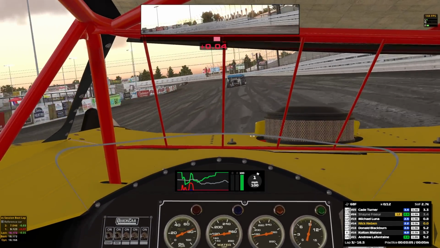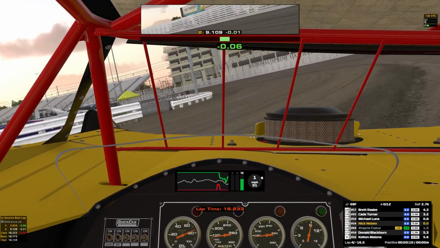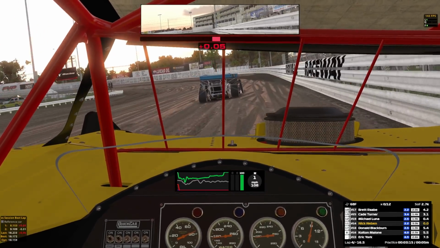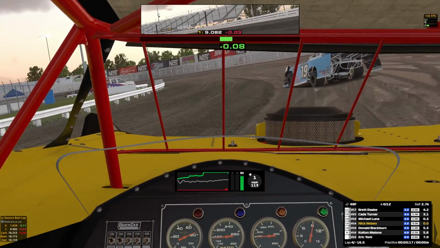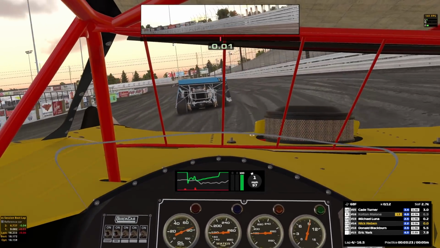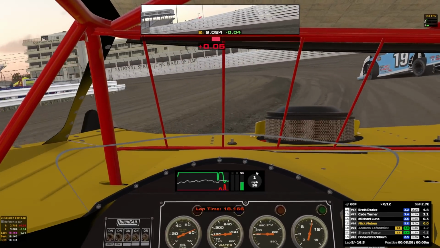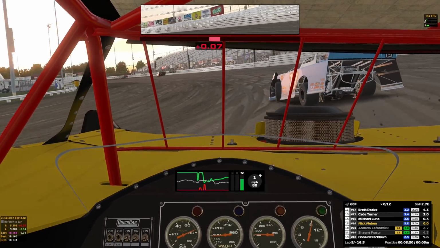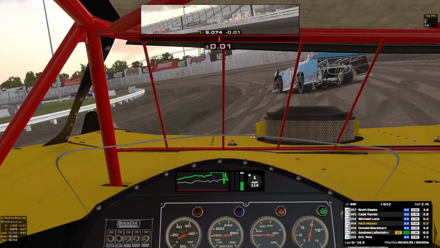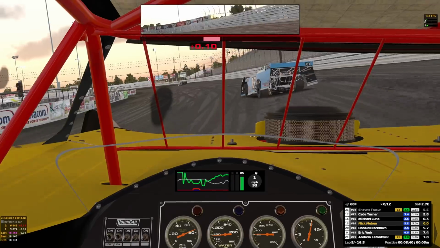Just lacking a bit of rotation on corner entry right now. Could be the way I'm driving it. Run up the berm there, though. Didn't really help us on exit. But if we kind of diamond this thing, will that help us out? Not really. 18.166. Let's try to half throttle it off the corner. That seems to have helped. But we've still got to get it to turn into the corner, so...